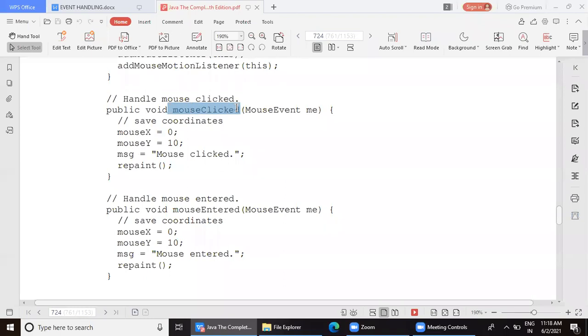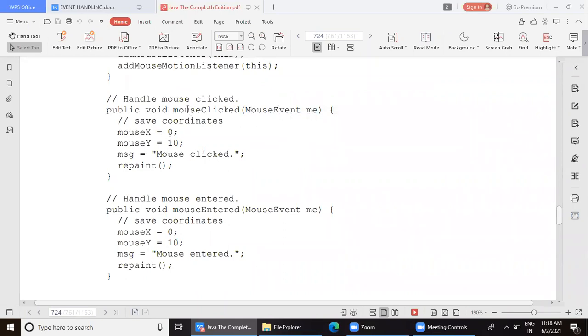Mouse click. So first we are going to implement or provide body for the method mouseClicked. As you all know here, for both, there is only one event class, which is the event class MouseEvent. So remember the initial: ME is used as the name of the reference. So ME is the name of the object or reference of the MouseEvent class.